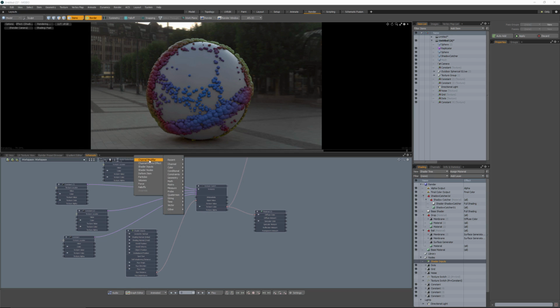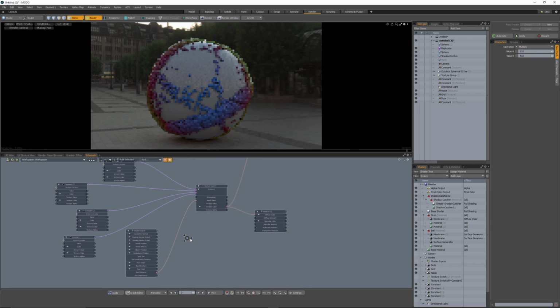And so we're going to add in another math node. I have it in recent, and I'm going to add in a multiply. I'm going to plug this into my input value, and everything's going to get wonky for a second, but that's okay. Then I'm going to take my ray distance and plug that in here, and everything's going to go to just a solid color for a moment,